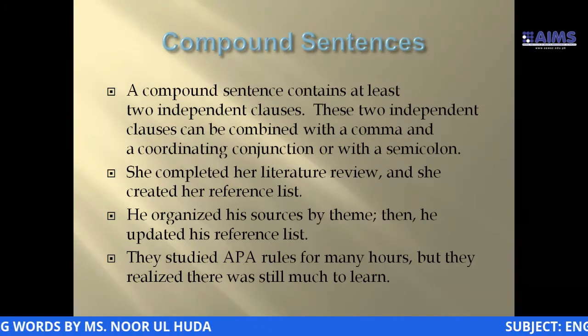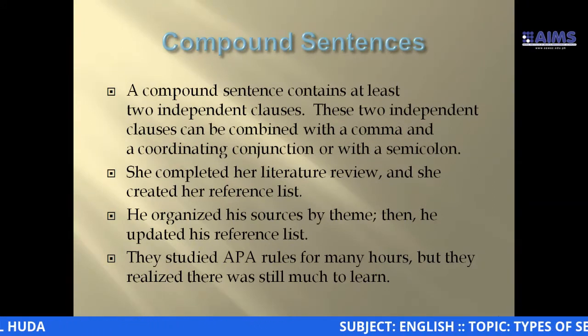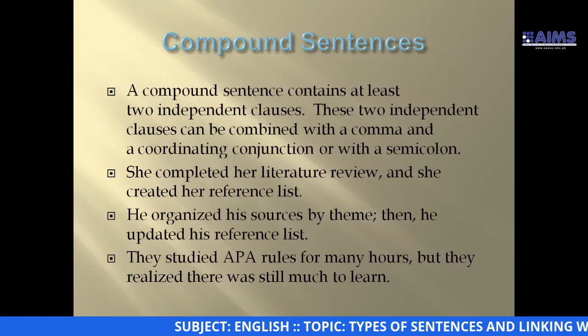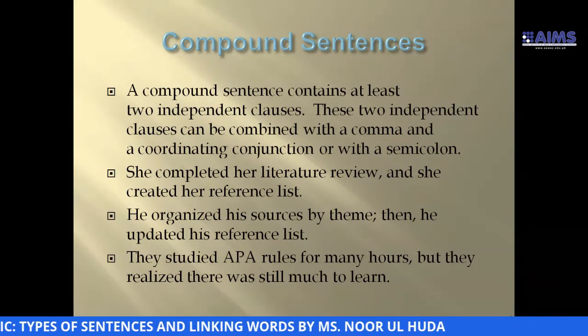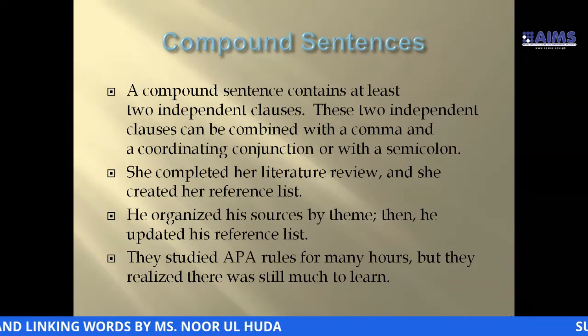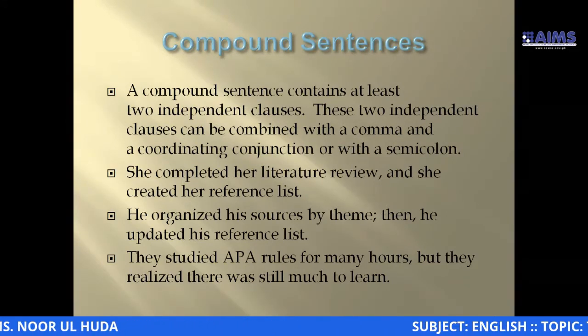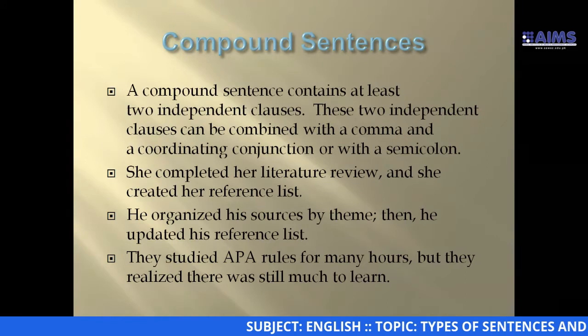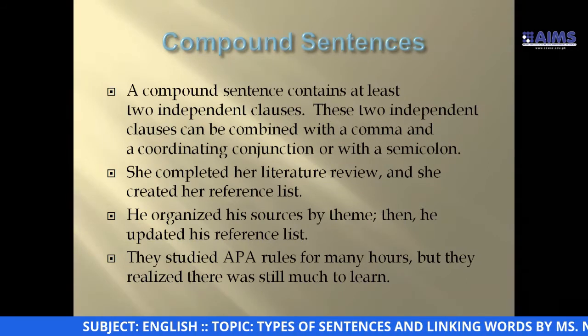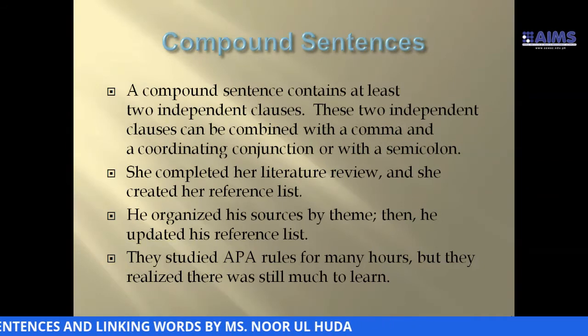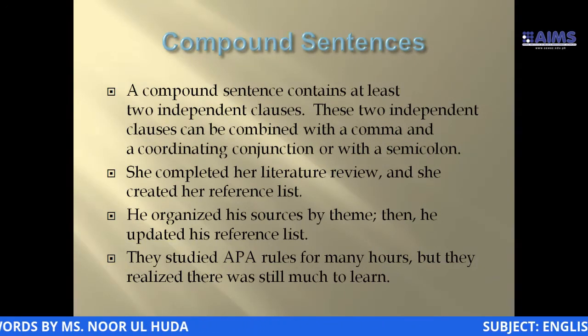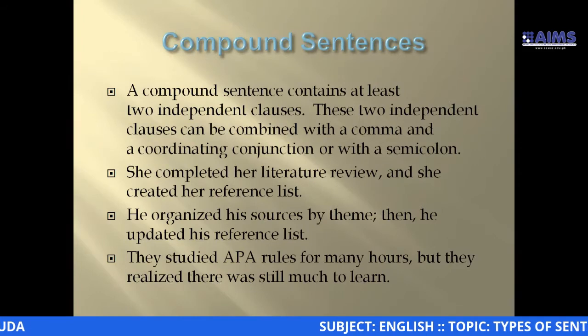One thing to remember is that whenever we use a coordinating conjunction to combine two independent clauses, we always use a comma before it. And why do we use a semicolon to join two independent clauses? Because if both independent clauses possess a strong connection between them,